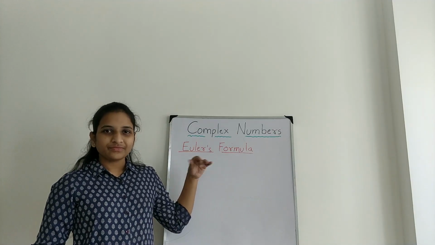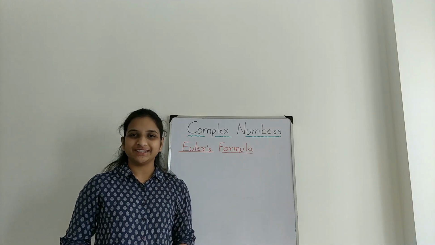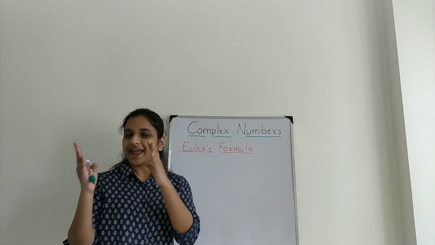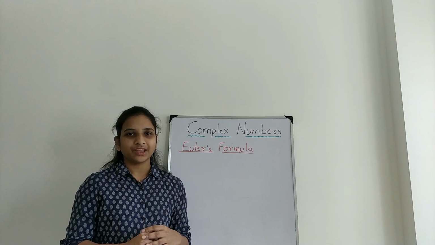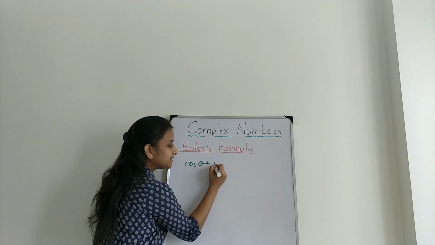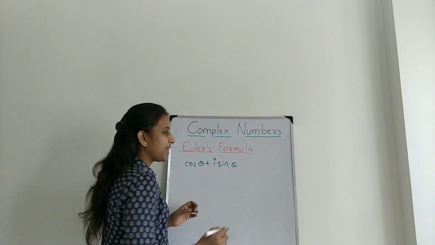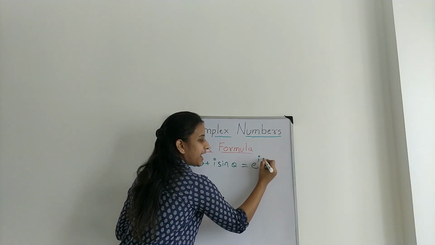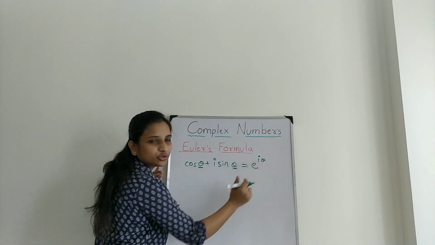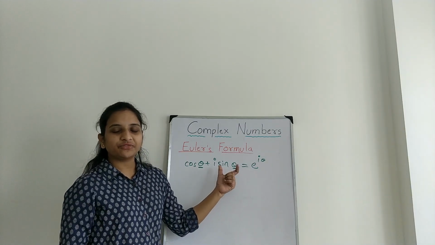Euler's formula. In this video, I am focusing on this formula and how to use it to solve complex questions easily. This formula gives the relationship between the trigonometric function and the complex exponential function. Let's see what it is. The trigonometric function cos theta plus i sin theta is the same as e power i theta. The angle should be the same, then it goes to the power. Fine, this is Euler's formula.